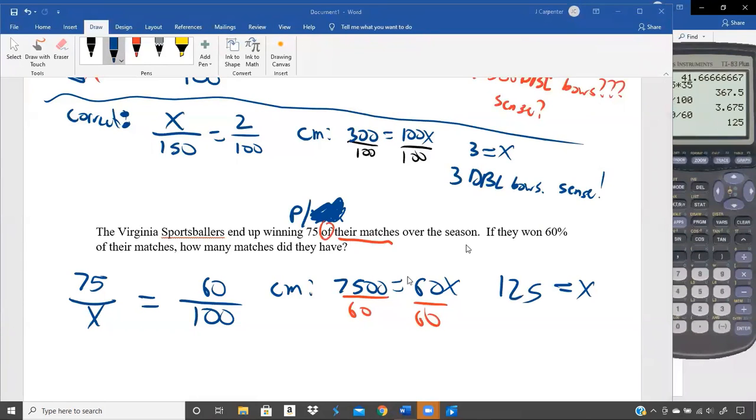So 125, but again, 125 what? 125 is not a quantitative reasoning student answer. How many matches did they have? They had 125 matches or games, events, whatever you want to call it, as long as you don't just say 125, because then I'm going to come in and be silly and say 125 oranges, 125 bobs, 125 trailers full